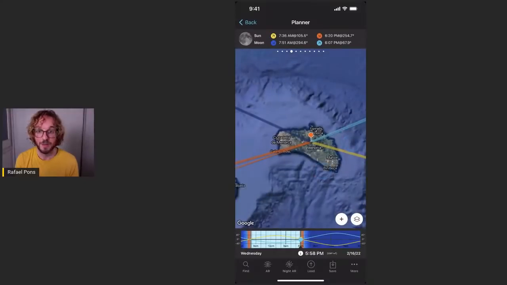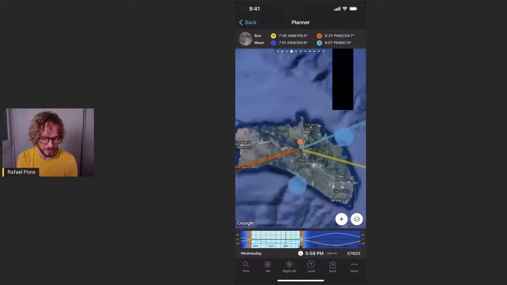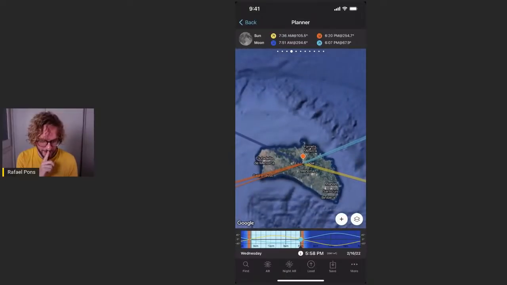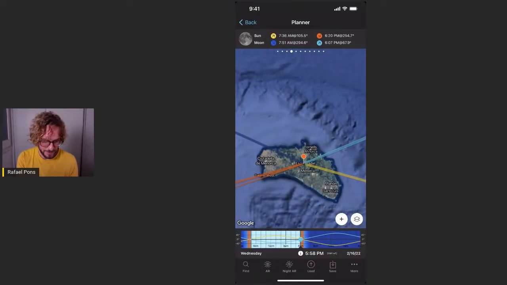Okay, now that I've set the shooting date, the full moon date, well, I can start planning my shot based on the sunrise, not the sunrise in this case, the moonrise and moonset directions. And you have the directions on the map. Again, the light blue line is the moonrise direction, and the dark, thick blue line is the moonset direction. Okay, based on my moonrise and moonset directions, I see that I could go to, for example,